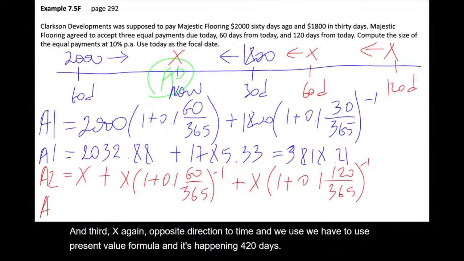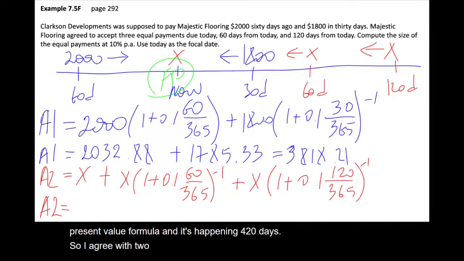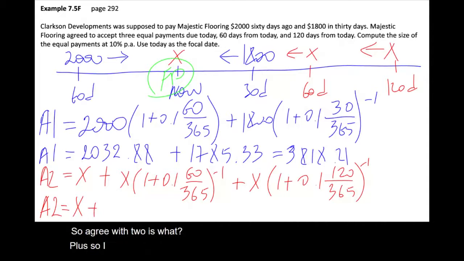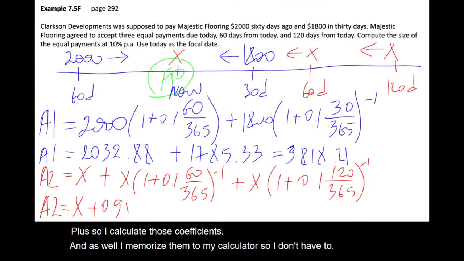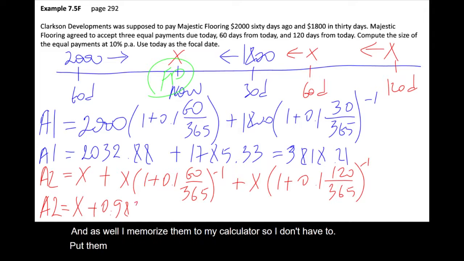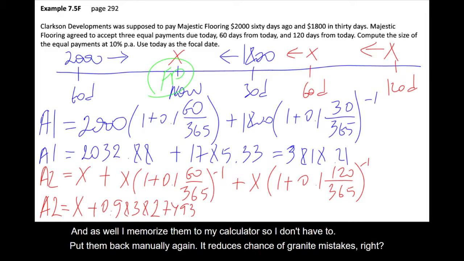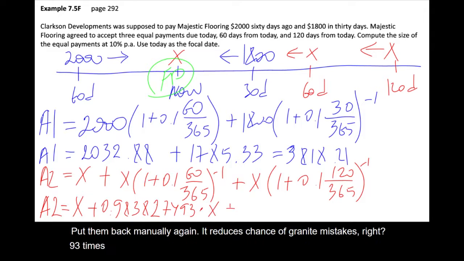So agreement 2 is X plus. So I calculate those coefficients, and as well I memorize them in my calculator, so I don't have to put them in manually again. It reduces the chance of gremlins, mistakes, right? 93 times x plus